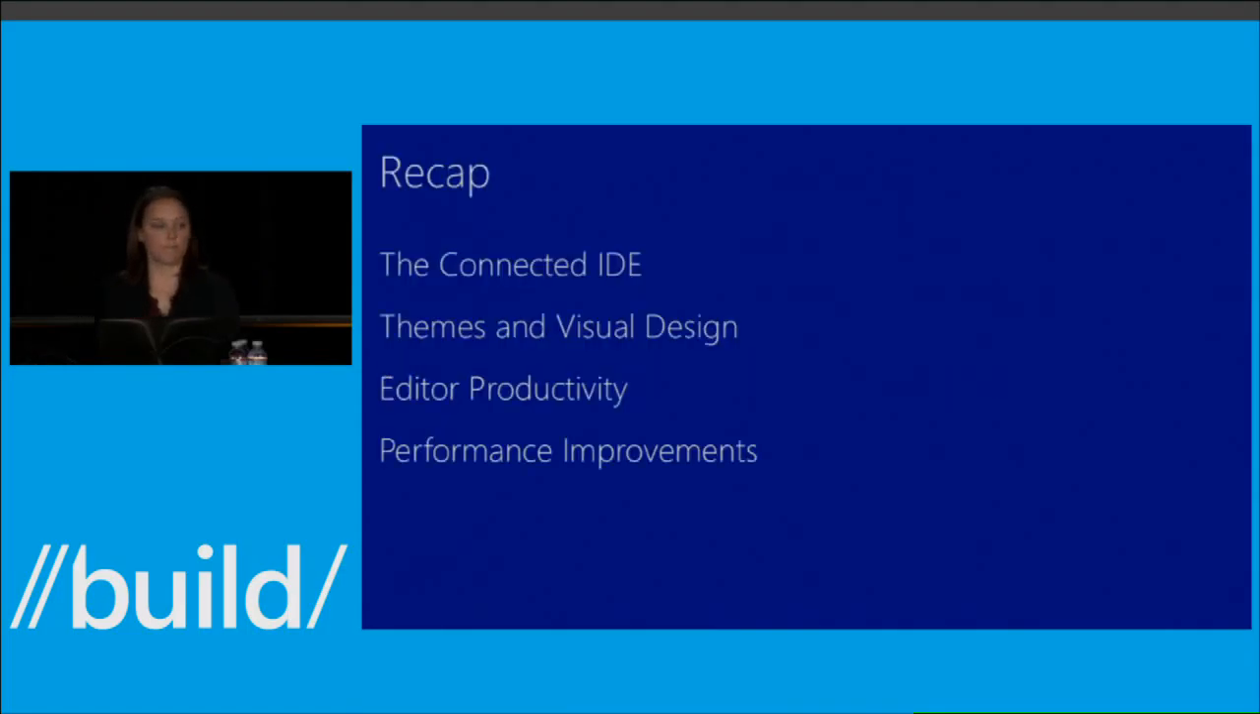All right, so to recap what we talked about today, I showed you guys how you can log into the IDE now and take all your customizations with you. You only need to invest in customizing the IDE once now. Then I showed you the new theme changes we've made and the visual design updates to help you work more effectively in the IDE and find things that you're looking for. I then showed you some of the new editor productivity enhancements like Peek and Code Lens and the new Navigate To experience. And lastly, I showed you how we're continuing to improve the performance of Visual Studio,